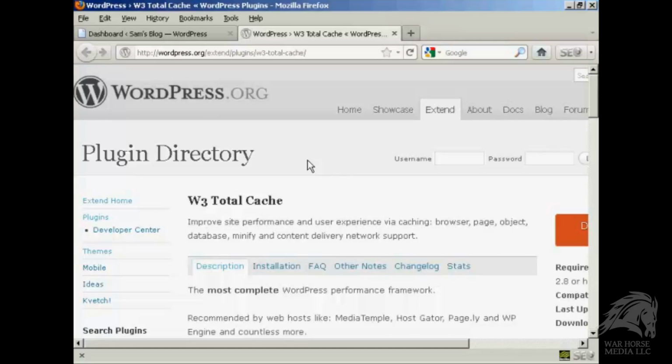A couple of points that you need to bear in mind, because the W3 Total Cache plugin can be a bit tricky to install and to set up. First and foremost, you must make sure that any other caching plugins that you have on your blog have been deactivated and deleted. Otherwise you're going to run into compatibility problems when you actually try to enable this particular plugin. So you want to make sure that all traces of any other caching plugins have been completely removed